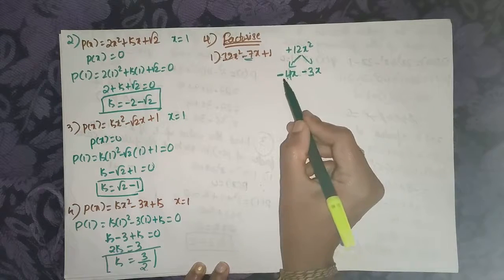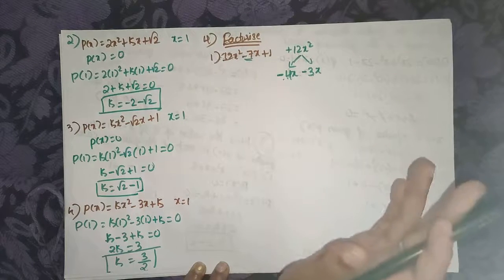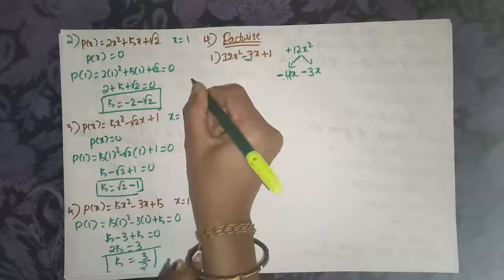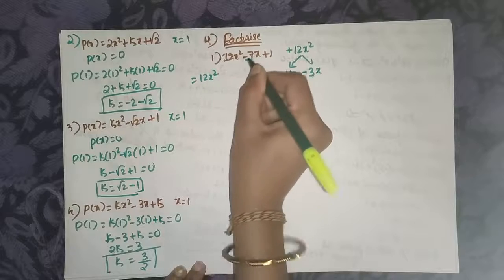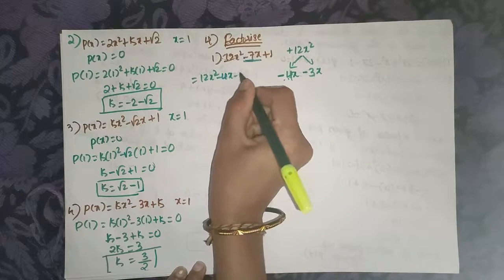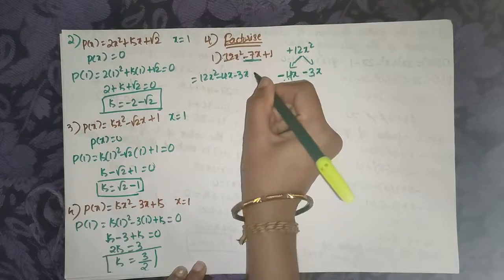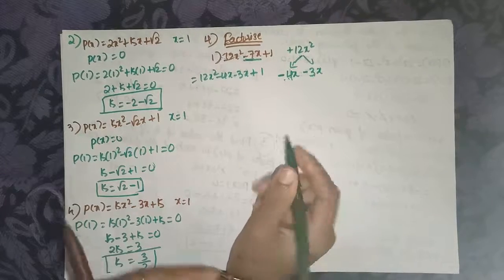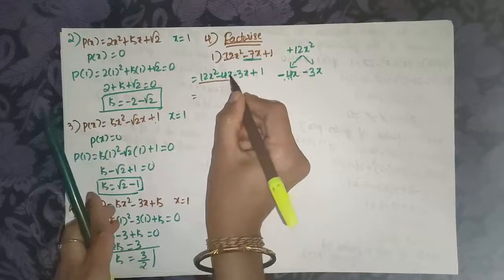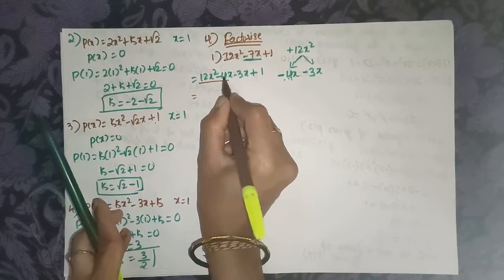Okay, here minus 4 minus 3 now minus 7. This is finished. Now just split the midterm 12x square. So I just write down the midterm as minus 4x minus 3x, and write down the last term as it is. In the first two terms, the common is x, and 12 and 4 come in the 4 table.